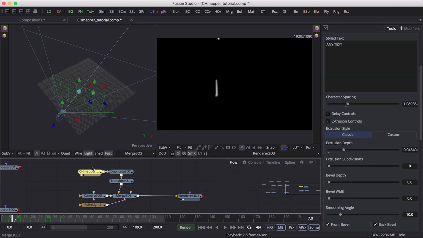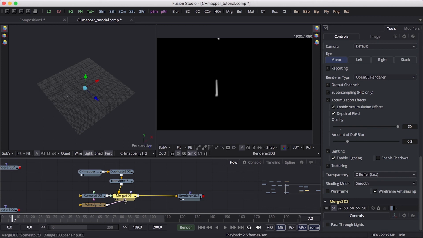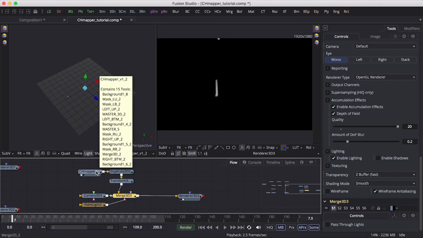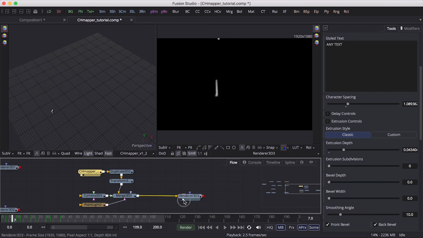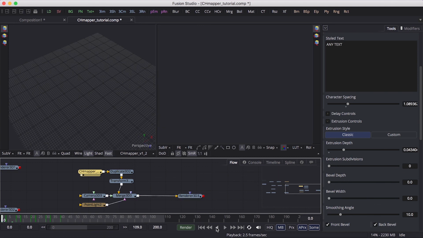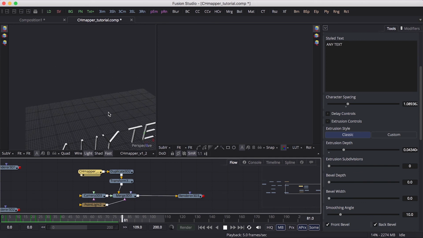So here I changed the character mapper. I added also some camera movement, lights and depth of field, pretty basic. And also I duplicated the character mapper macro. Let's go from node to node. So it says any text. It's falling in.